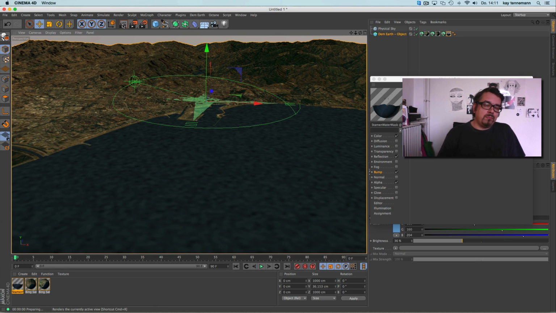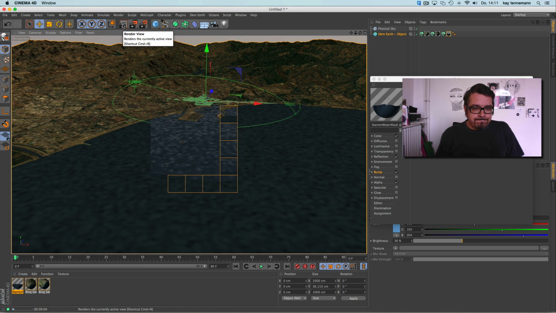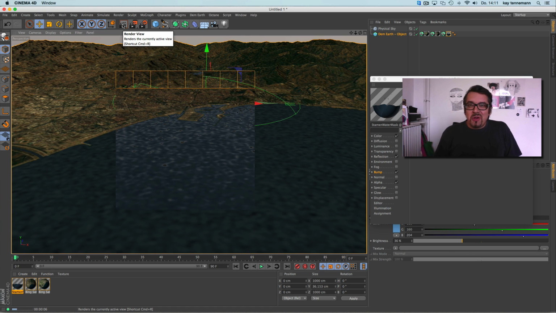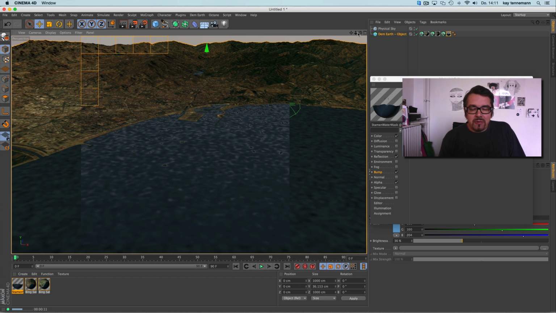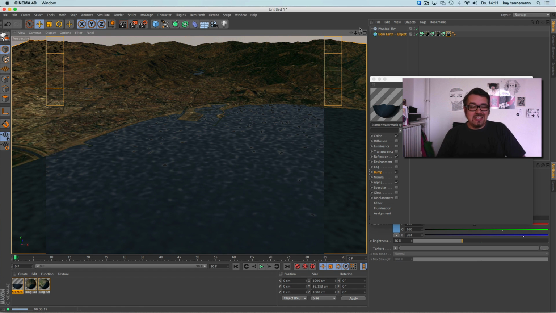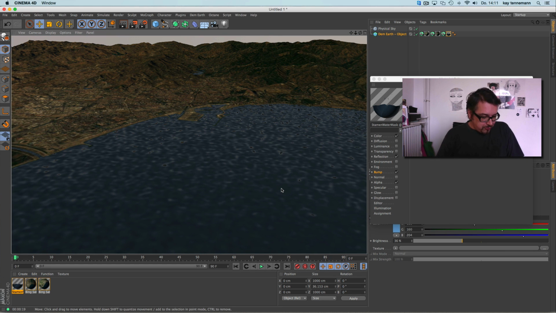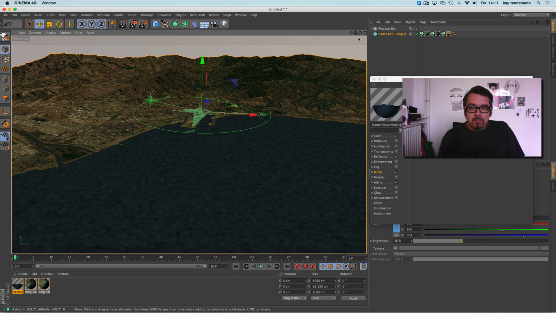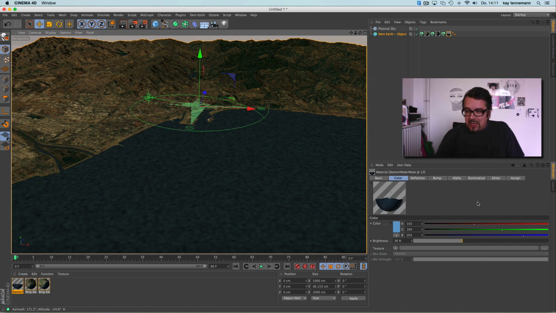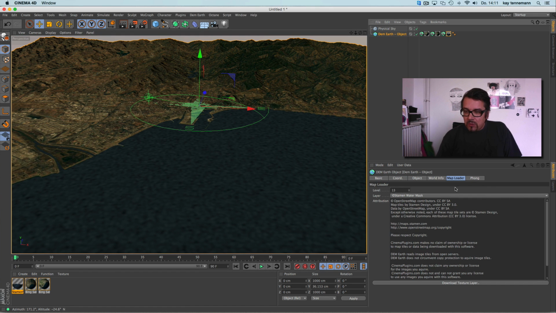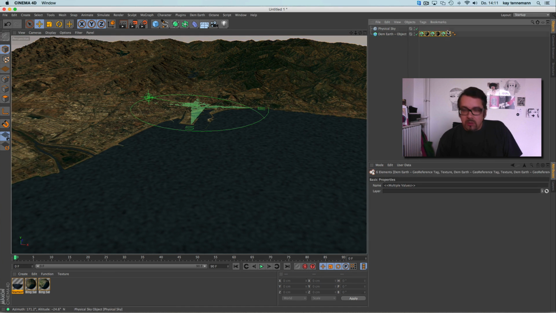And now it's very slow. Okay, you see the noise is still a bit too large, but it's a very fast way to get a mask for the water parts, seas and rivers and oceans. And there is nearly no limit to what you can do with the textures.